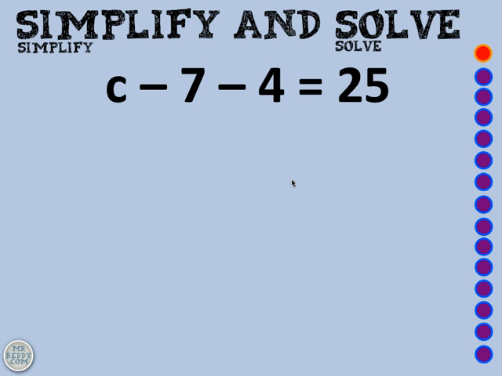Hi, in this video we will be doing some simplifying and solving, and this is combining two skills that we've been learning about recently: simplifying expressions and then solving equations. And what I've just popped up in the two bubbles is a couple of links to simplifying and to solving